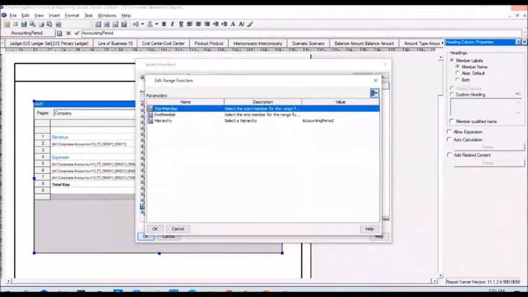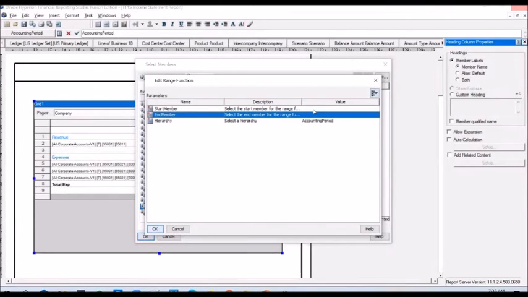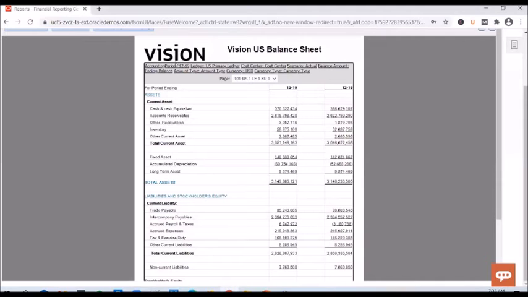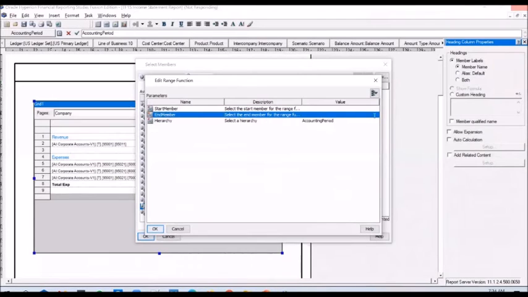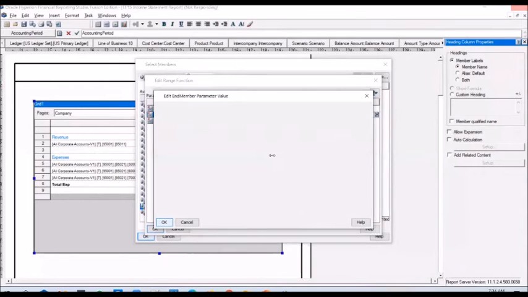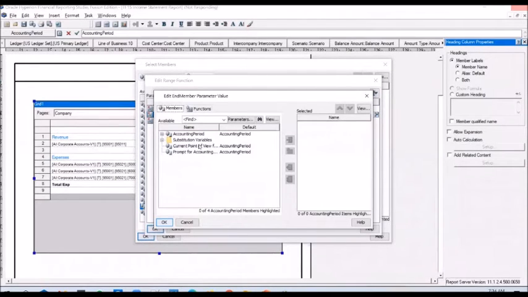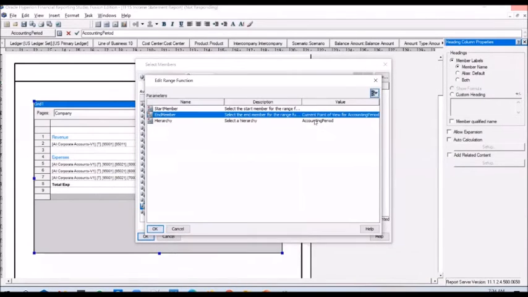Add it in. And the moment you select a range function, it asks you to configure start member and end member. End member is plain and simple. So whatever value is selected by user in the accounting period point of view, that you want to select, right? So end member configuration is quite easy. So you go to end member, select the value. It is current point of view for accounting period. So whatever value is selected for accounting period, use that value as end value. Move it to the list and click OK.